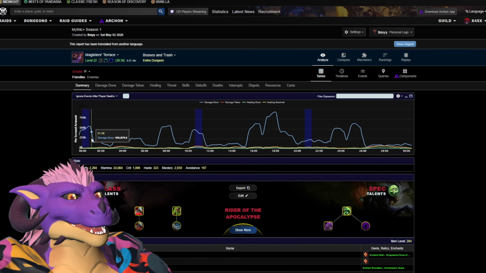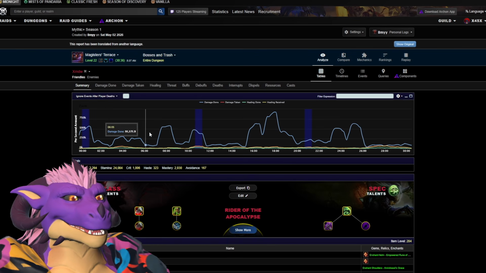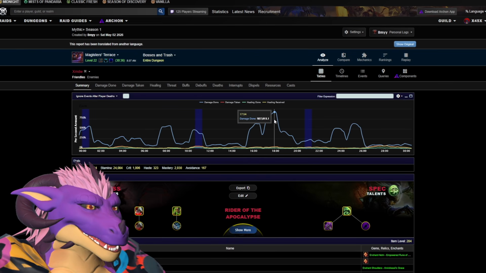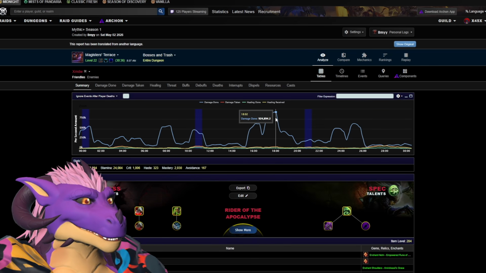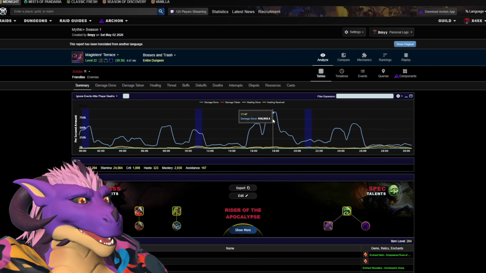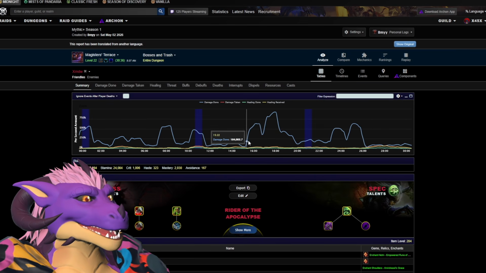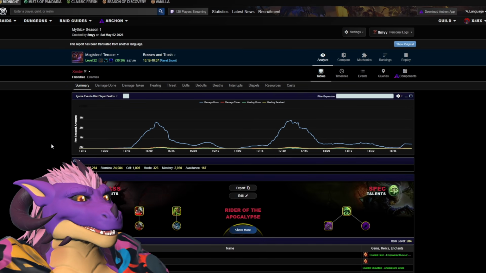And then we can see up here, these are all the various lines: damage done, damage taken, healing done. You can get a sense of just how much they were popping off in Lust. And this pull, whatever happened here, it wasn't during Bloodlust, and it was the largest amount of damage that they did in the dungeon. Whoa, that's pretty cool. I wonder what happened there. I wonder what made this happen. And that is something that you could do. You can actually zoom into a section and get a sense of what went on during that moment.